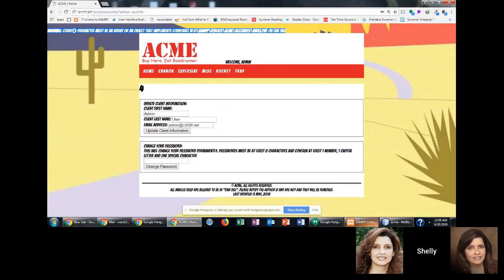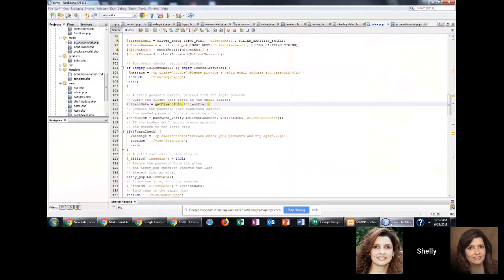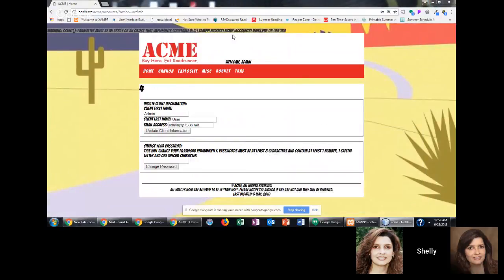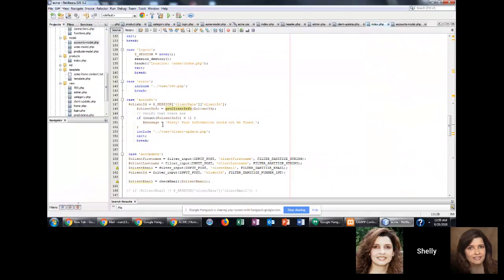On line what? 150. Of what? I think it was the... I thought you were in it. Yeah, the account model. Client info less than 1. If count. That's your case account info. That's my case. Count update. Okay, so